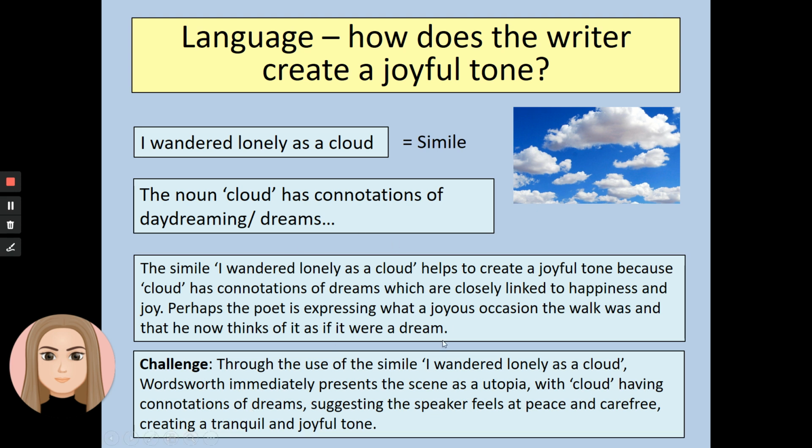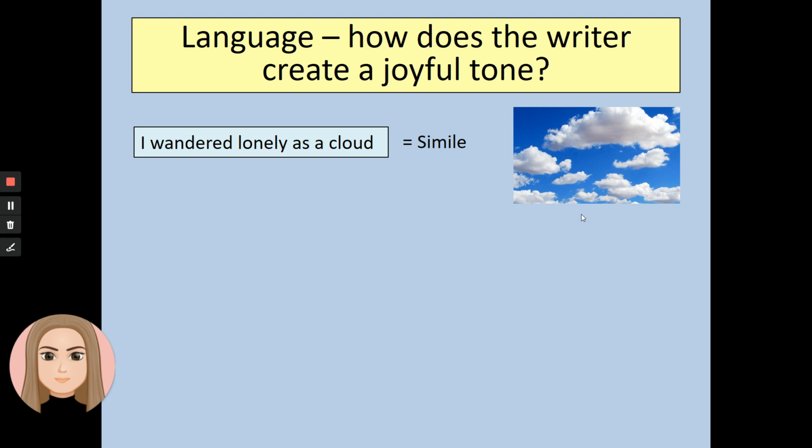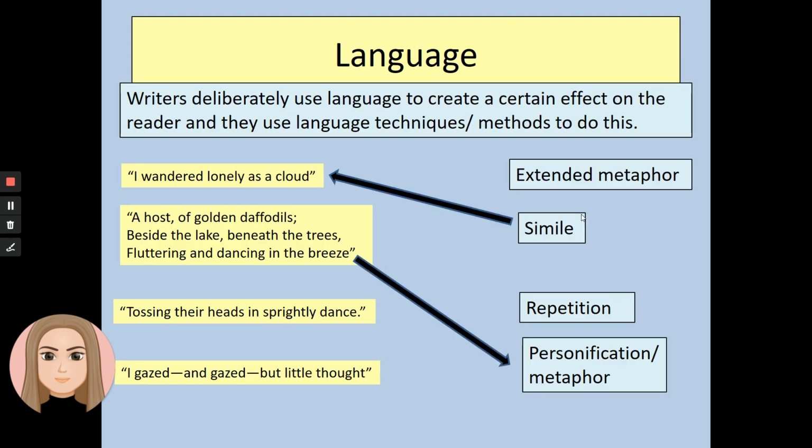Okay, so those are two answers to that question. They're not quite what, how, why paragraph level answers, but they are an answer to that question using the quotation, talking about the technique, and then talking about connotations. All right, so in a moment, I'm going to ask you to do that for one of the other quotations we've picked out, but we're going to talk through them just a little bit to give you some ideas to start with. And remember, you can always come back to these pages when you are doing the work just by replaying the video.